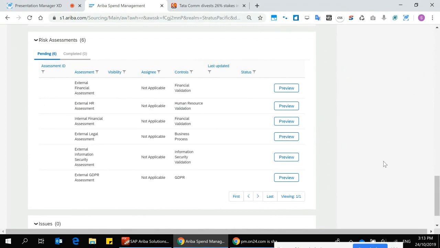These risk assessments can be sent to the supplier for them to fill out, and can also be sent to internal stakeholders. So this is very much where we ourselves are not just relying on what incidents and other feeds are providing. We are actually going to provide our own tailored questions to assess the engagement around a particular supplier.